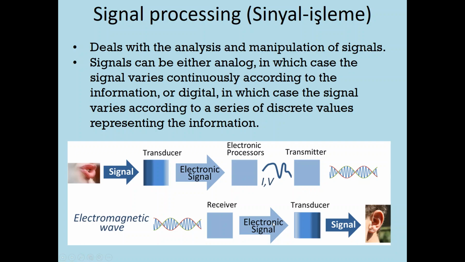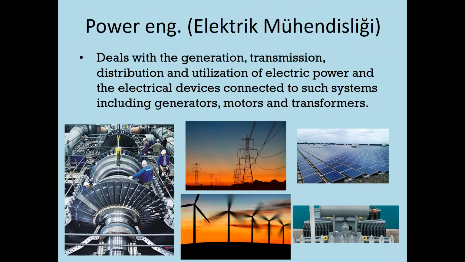The antenna converts the signal now from an electromagnetic signal to an electrical signal, and then to a transducer that can convert your signal back to its original form, which is analog, whether it's a picture or video or text or speech, whatever. At the end of the day, you need to see it in its normal form. So it's very critical and very important, and we actually use it every day. Yes, you are using your phones every day and dealing with them. Now, what about power engineering?